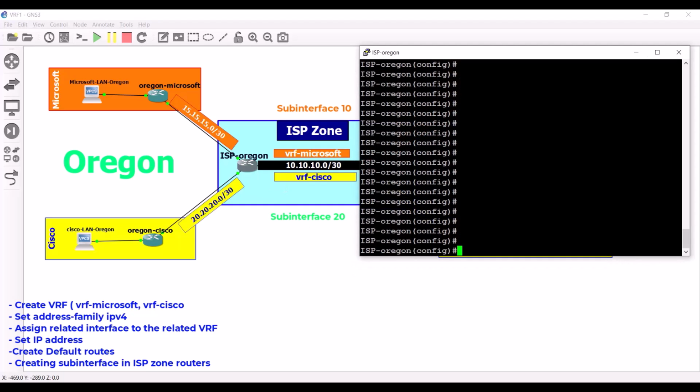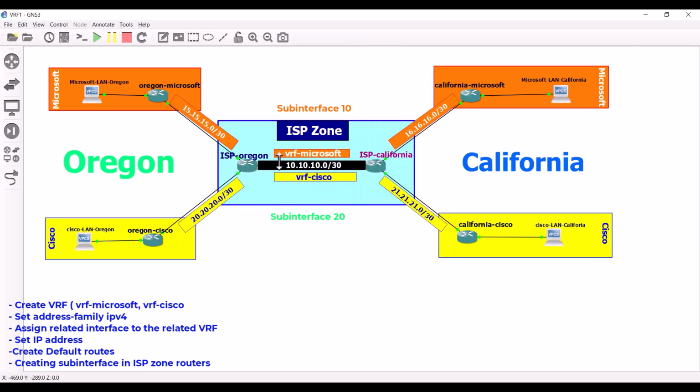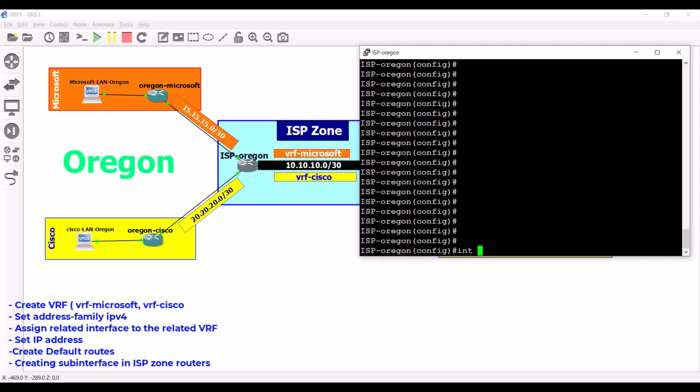So now I'm gonna go into, let me find out what the interface is connected to another ISP router first. It is fast Ethernet 0/0. So we're going to interface fast Ethernet